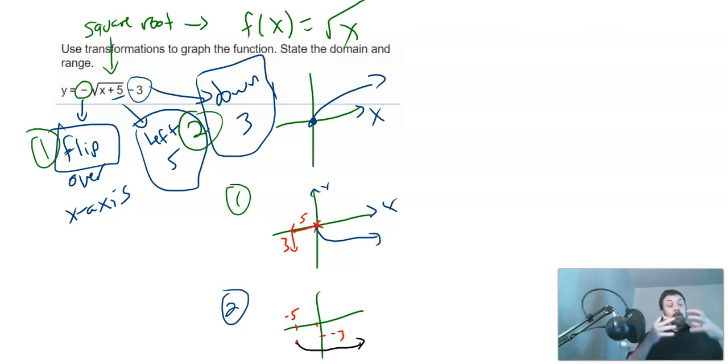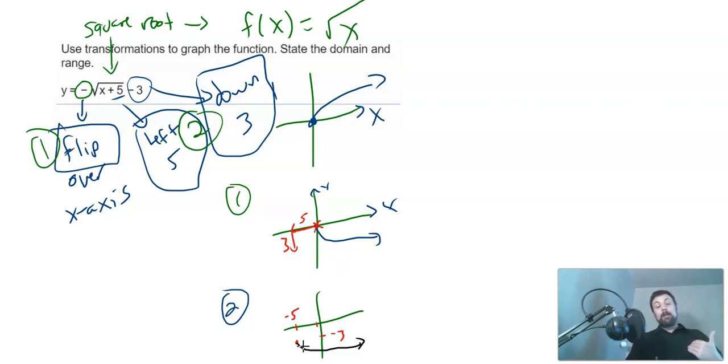And that gives you a pretty good idea, even if we weren't going to do anything else to make this graph any better, of what the graph looks like. It's the right shape. It's in the right place. You can find domain and range from that, right? It's detailed enough to do domain and range. So it gives you a pretty good sense of what the graph looks like. But